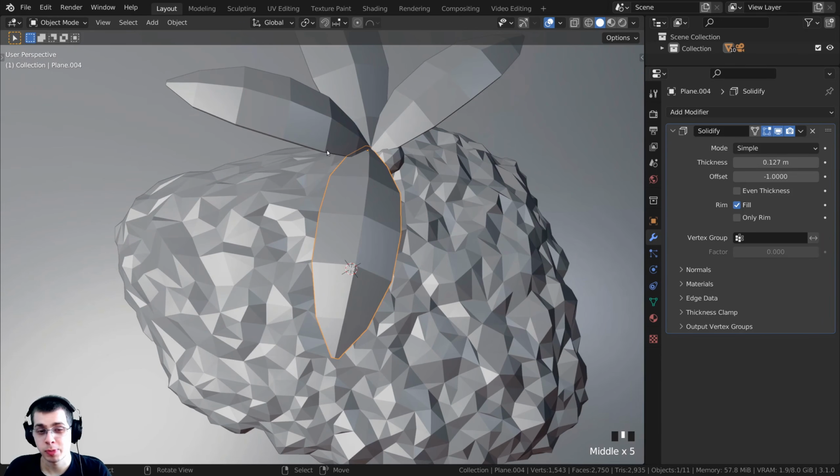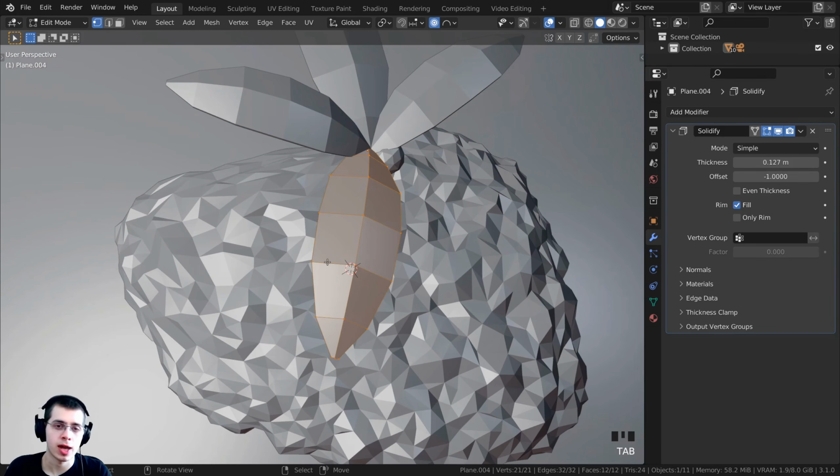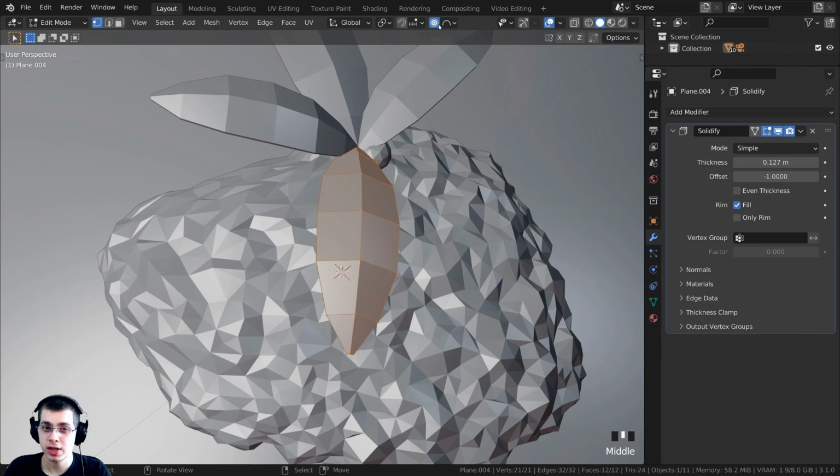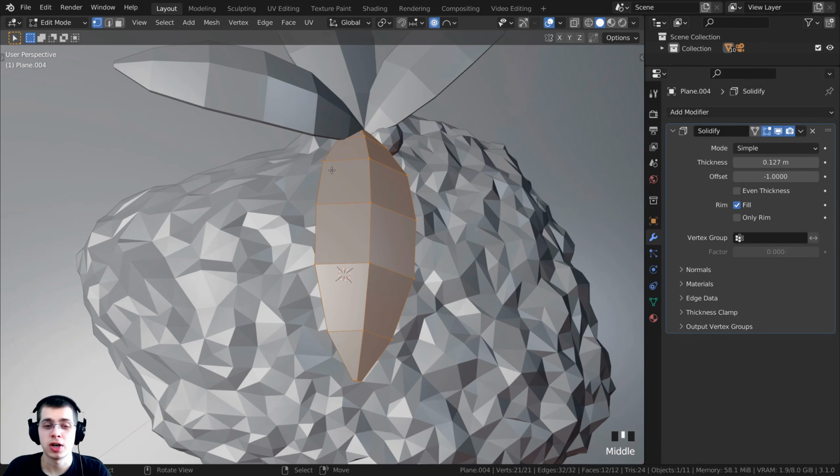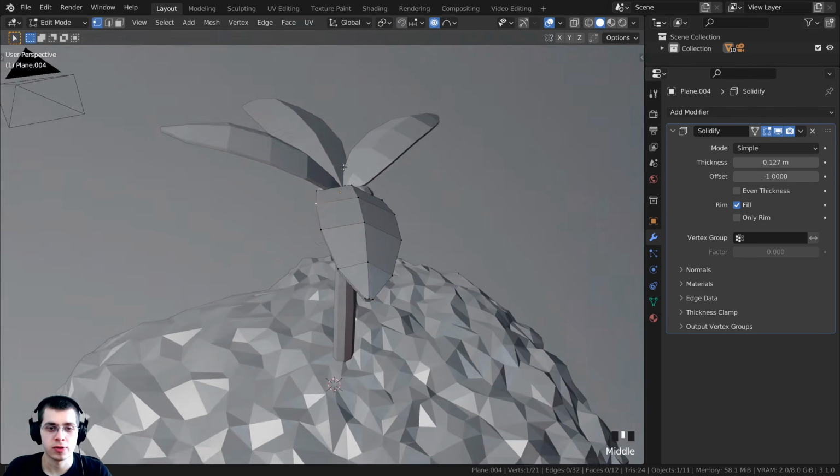So what I'm going to do is press the tab key, and that will take me into edit mode of this branch. And then we already have the proportional editing turned on. You can press the O key if it is not turned on. So just press the O key to toggle that on and off. So I want it to be turned on, and I can now just select one of these vertices, and I